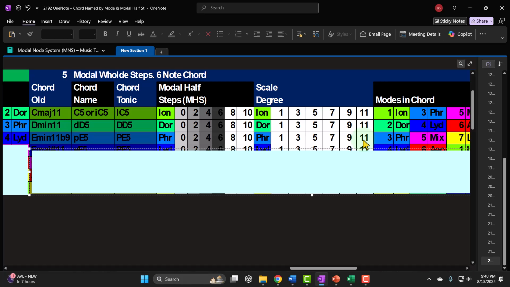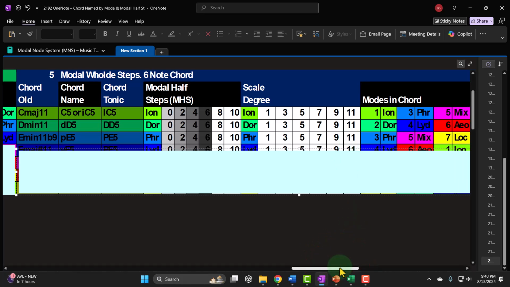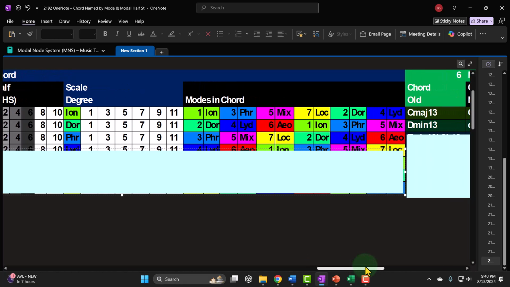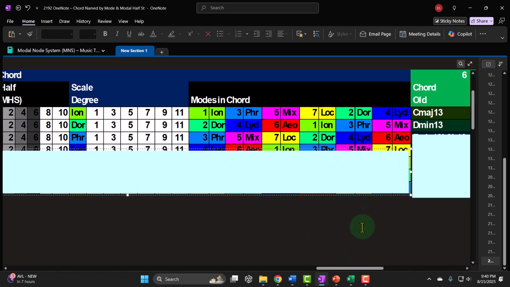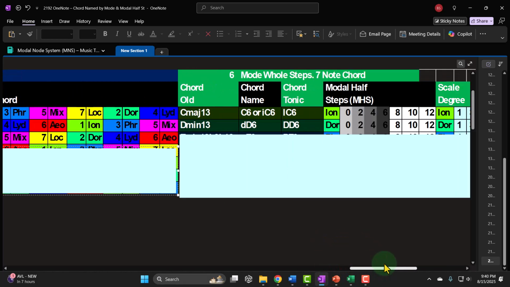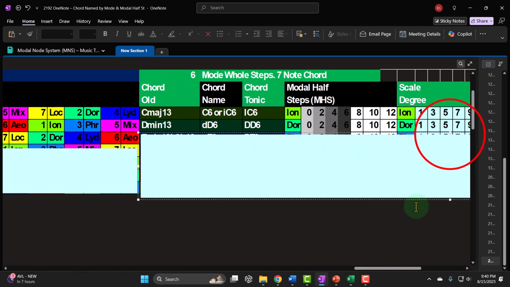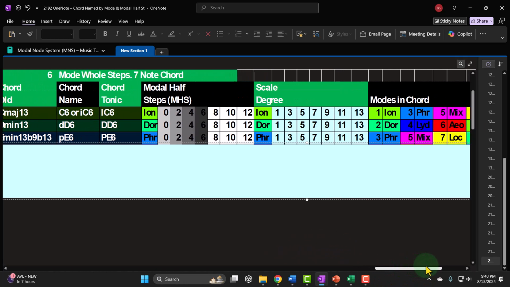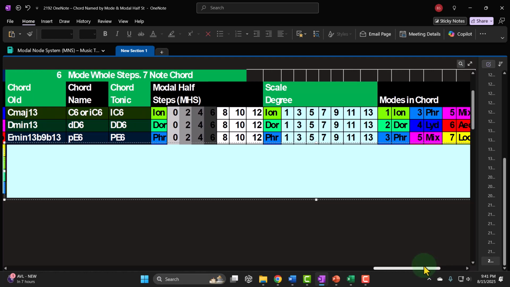11 is a compound interval. 11 minus 7 would be equivalent to the 6, right? All right. So then the next one is going to be, finally, on this one, we'd have an E minor 13, flat 9, flat 13, which again, if I said that right, I'm pretty sure that's pretty ugly. We shouldn't have to do that because nothing's outside the